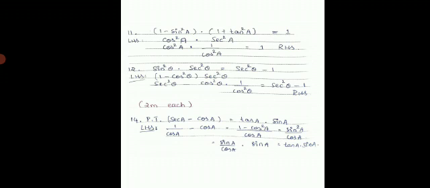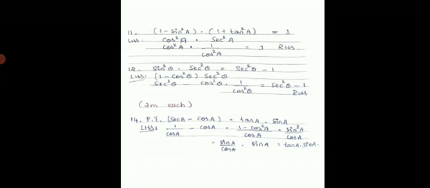Next, come to 2 marks questions. Prove that sec A minus cos A, which is equals to tan A into sin of A. So take LHS, convert sec A, that is reciprocal of sec A is 1 by cos A minus cos of A. Then take LCM. So LCM here is cos of A. Then write in the numerator 1 will remain as it is minus cos A into cos A is cos square of A, which is nothing but sin square of A.